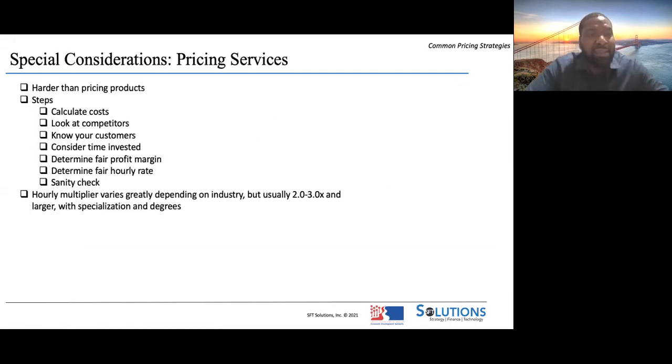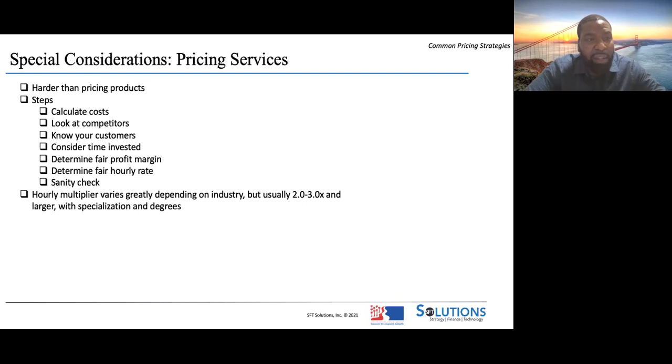So we spent a lot of time talking about pricing products. I want to talk a little bit about pricing services. It's a little bit harder. When you're pricing a service, you're usually trading hours for money, right? So you can get somebody to cut your yard, and it's all about figuring out what that price is going to be. But that person has to hire somebody to actually sit there and cut your yard for 2 hours. So how do we translate that person's time into a price that everybody thinks is fair?